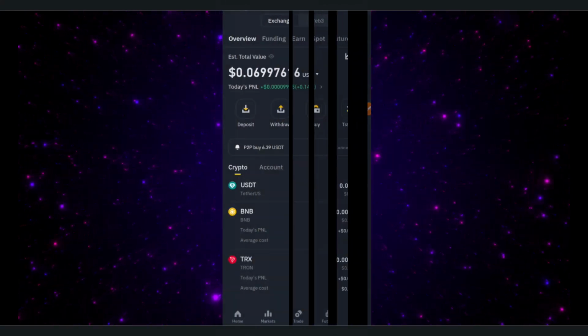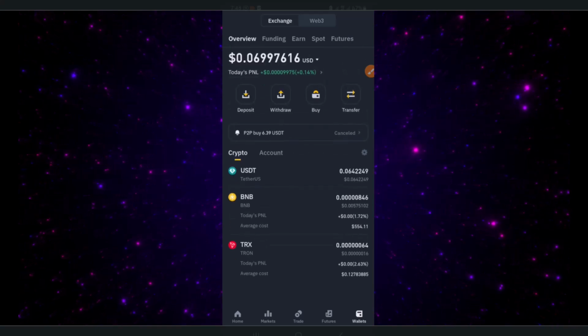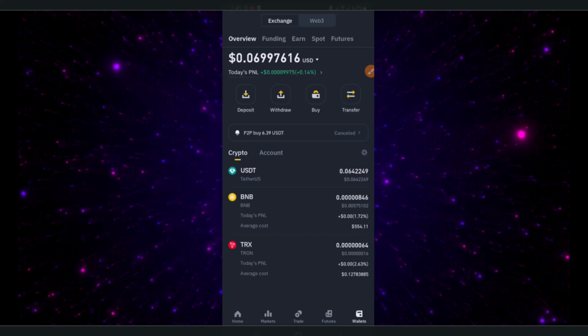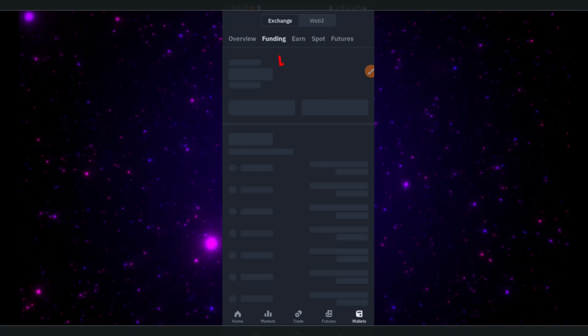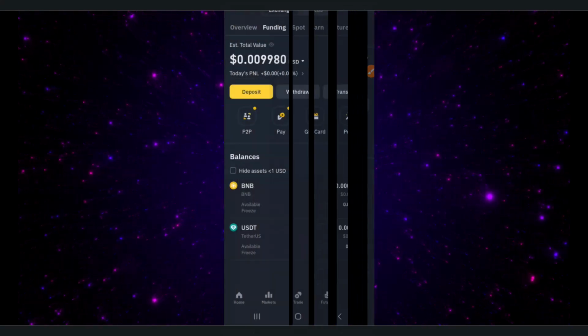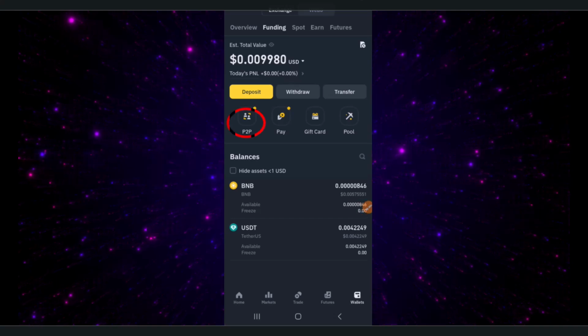Let's go back again. Another means to go into the P2P interface, as you can see at the very top, we have overview. Another tab there is what we call funding. So let's go ahead and tap on funding. Right in here, you're also going to see P2P. So just go ahead and tap on P2P,